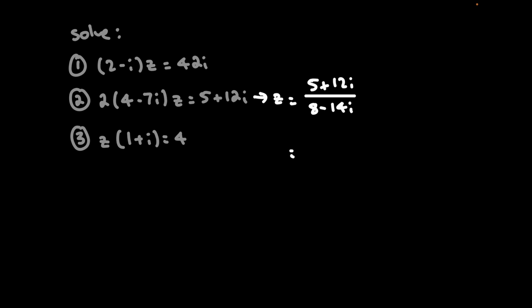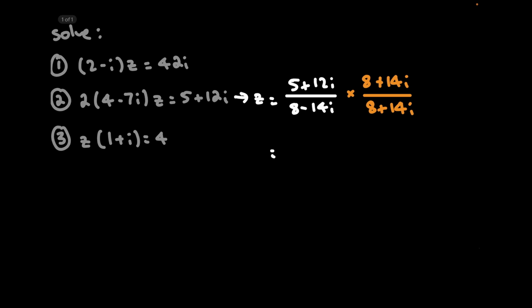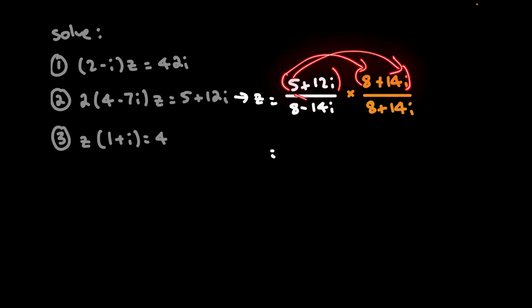So now to evaluate this, we can times both the numerator and the denominator by the conjugate of the denominator. So in this case, 8 plus 4i and 8 plus 14i. So now on the numerator, we need to multiply these two complex numbers together. If we treat this as brackets, and we use our distributive law to do FOIL,